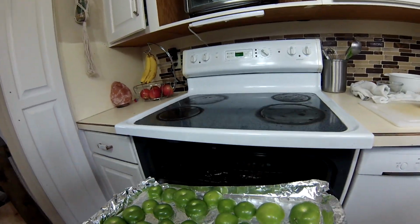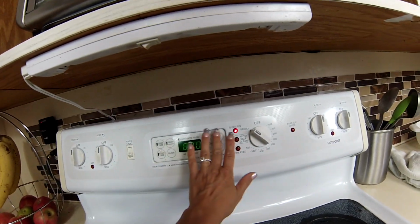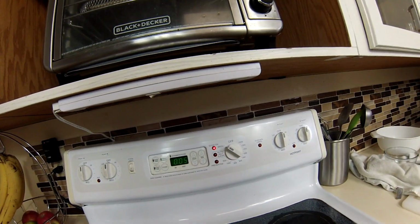And the recipe calls for 2 cloves of garlic. I have minced garlic already, so I don't wanna burn it. If you have just whole garlic, you put the whole garlic cloves on here and put it in the broiler for 5 to 7 minutes. So let's put it in. We'll check it at 5. So in the meantime, we're going to